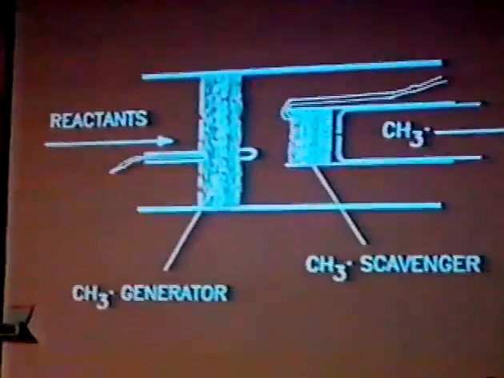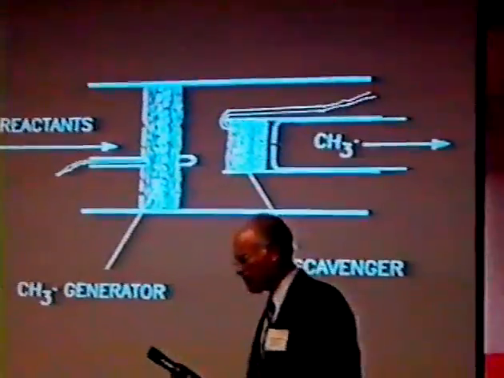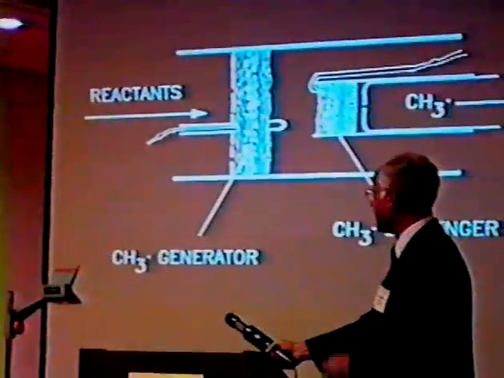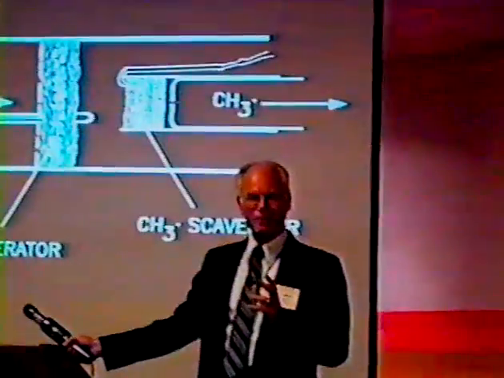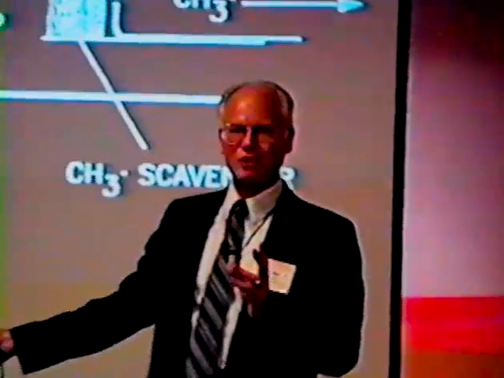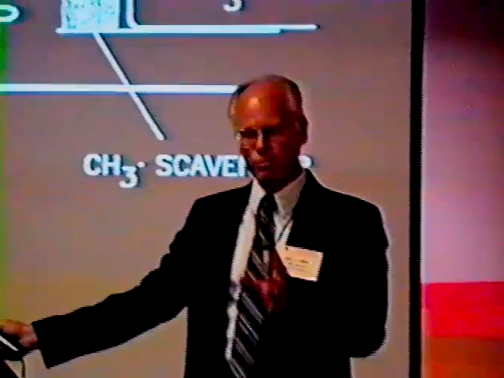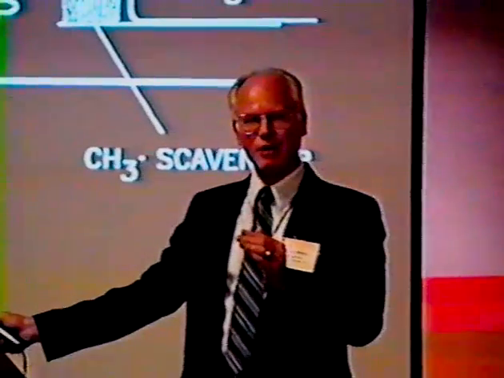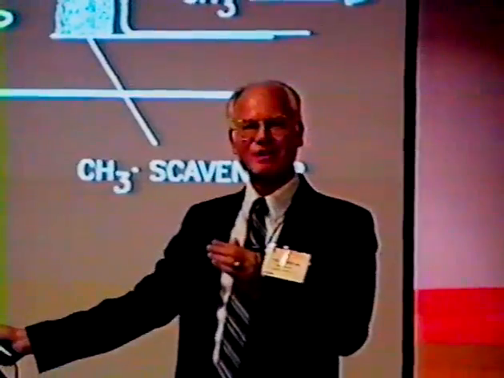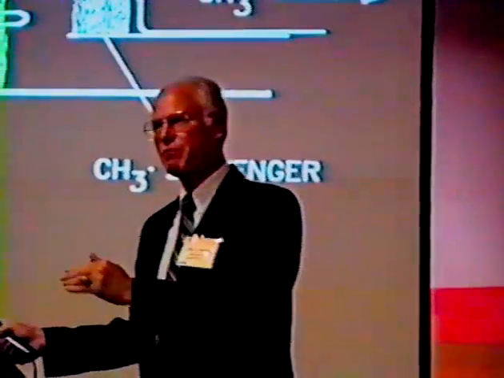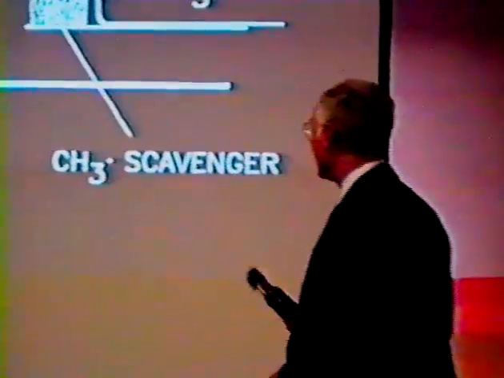Let's skip this one and go on to it. Now, more recently, we have become interested in still another aspect of the problem, and that is how do methyl radicals react with metal oxides? Because for the net production, one has not only to generate the radical on the surface, but the radical must be able to leave the surface, and at least for us to be able to detect it, to get out of the catalyst bed. But more importantly, from the catalytic standpoint, it must be able to survive long enough to couple before it reacts back with the metal oxide in a deleterious fashion to give carbon dioxide.